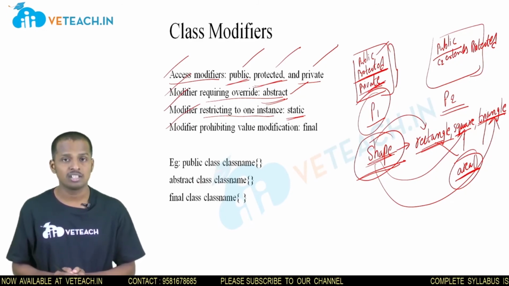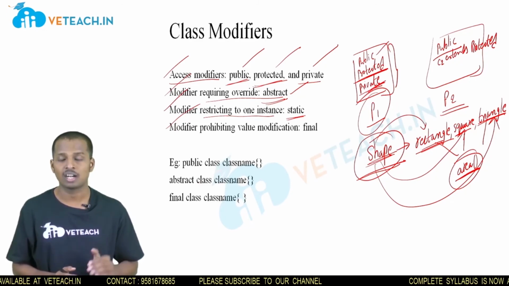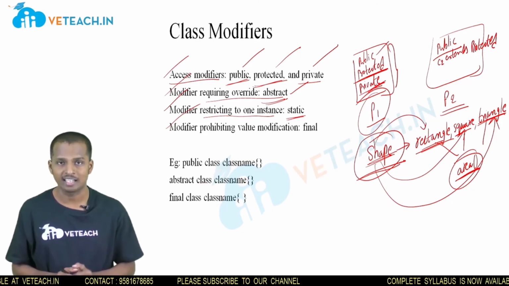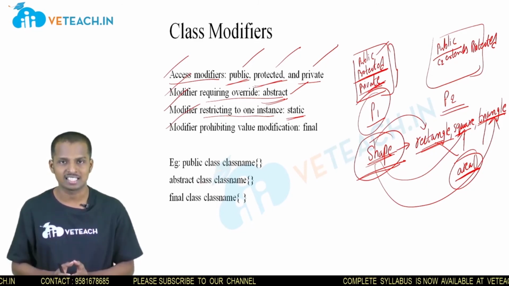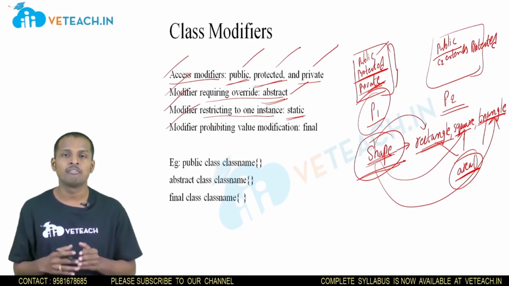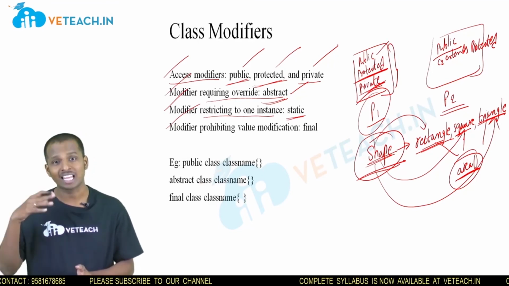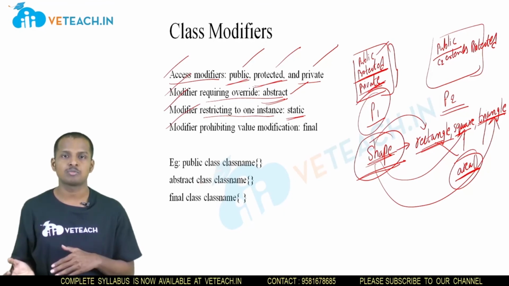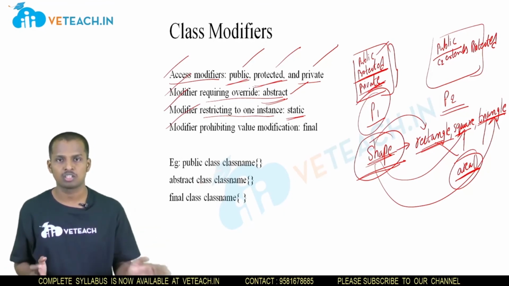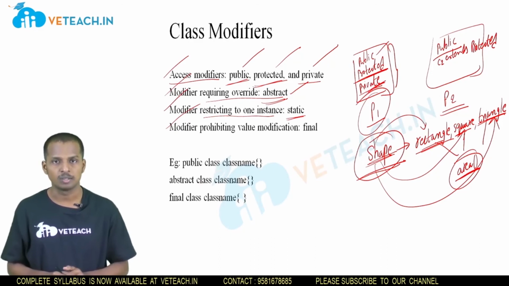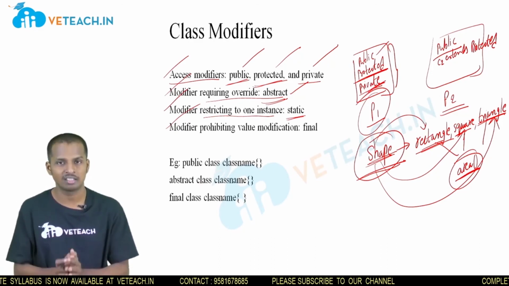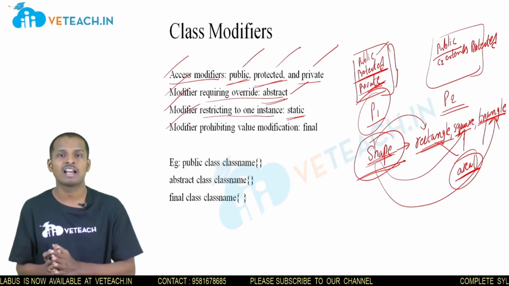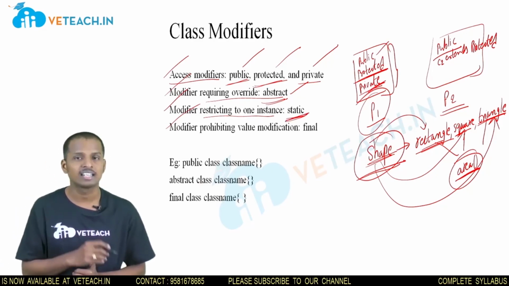Now what happens here is, when a class or an object is stored as static, all the objects will be referring to the same instance. The modifications done by one object can be observed by the other object, and the other object's modifications can be observed by the previous object, or vice versa. If we want to have only a single instance, or it has to be restricted to a single instance, we have to use the modifier static.